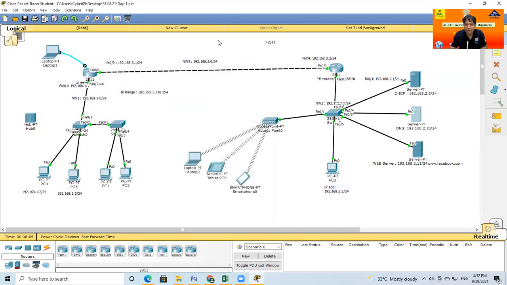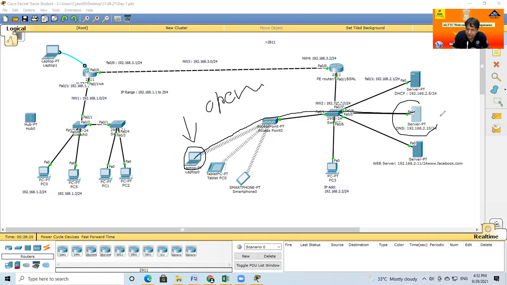Suppose from the laptop I want to open facebook.com. On my laptop, in the last line, there will be a DNS setting. My laptop first goes to the DNS server, and the DNS server gives the information of what the IP address of facebook.com is. It goes there, comes back, and opens the web page. So this is DNS.